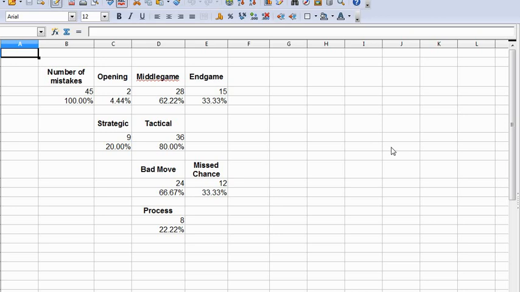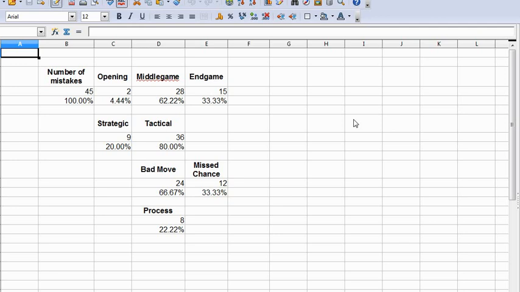I was a bit surprised at how many mistakes occurred in the endgame for 2 reasons. One is, I don't always appreciate how complicated endgames can be, but they can be quite complex. And the other reason is that lots of my games don't even really reach the endgame, or by the time they do reach the endgame, their outcome is already settled by something that has occurred in the middle game. So it's a bit surprising for me to find so many mistakes occurring in the endgame. That indicates maybe one area I need to work on in my